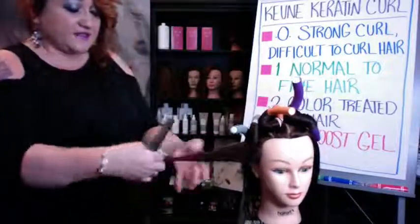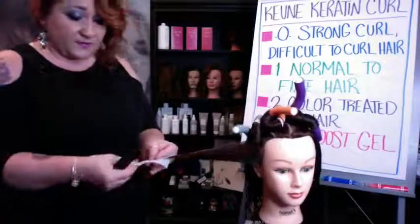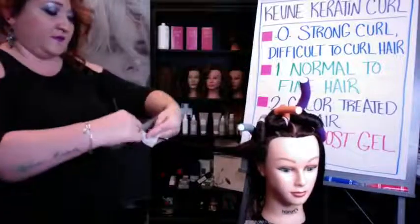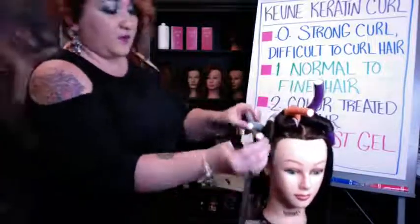With these, it's up to you, but with the longer hair like this, I just take one and bookend the perm rod. Then again, starting and then just kind of swaying it back and forth. And then once it's up there,